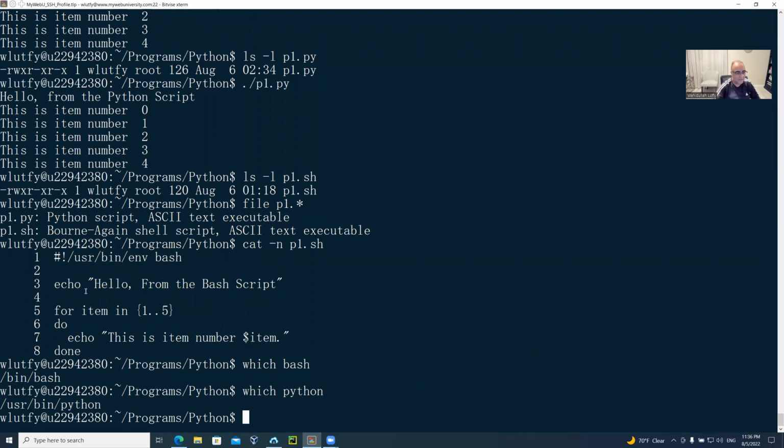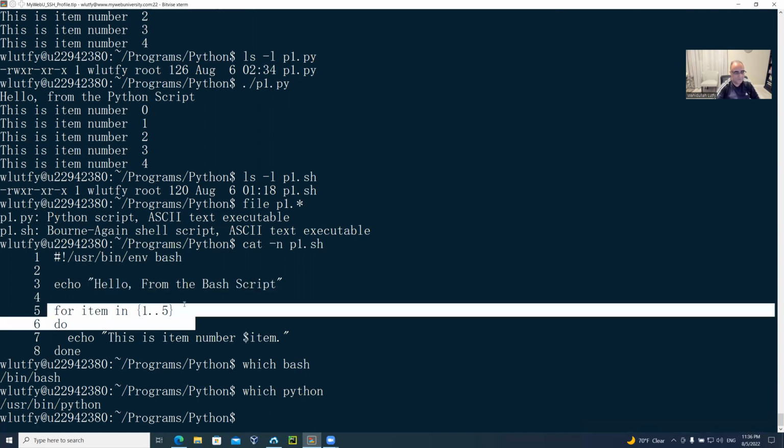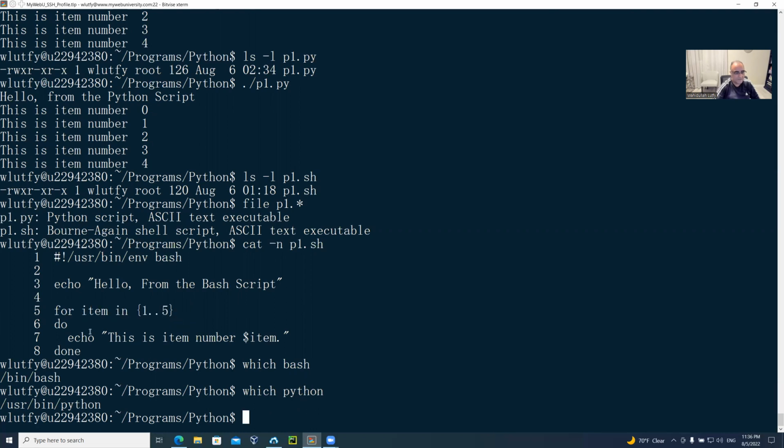But notice here, I'm going to do hello from bash script. Previously, we were doing it from Python script. Now we're going to do a range, for item in 1..5, meaning that it starts from 1 to 5, and then put this one. Notice that this one is using the $item sign. And in order to make sure there's no typos on this item, let's just run it, p1.sh, like that,